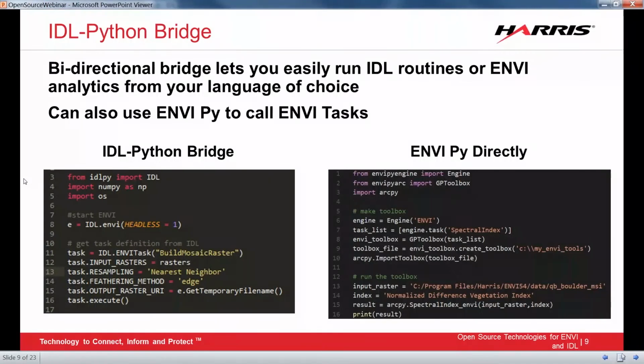And so just a little fun fact for you, this is the same tool that we use for our ENVI PyArc Python package, which is for our ArcGIS Pro and ArcMap integration, so that you can run our tools directly from those interfaces. And just to give you guys some more examples of how you might be able to use the IDL Python bridge,